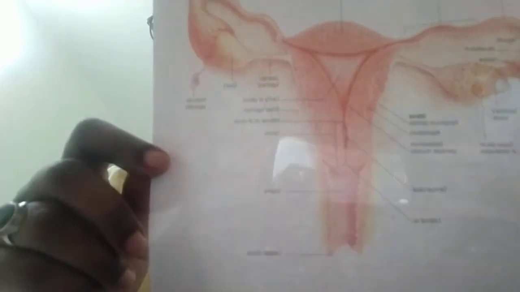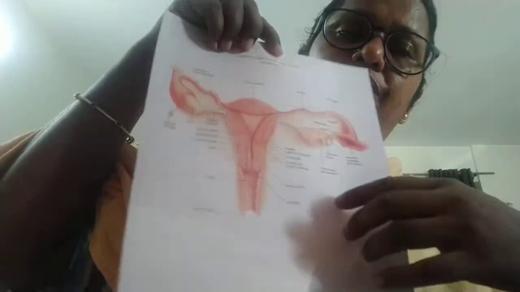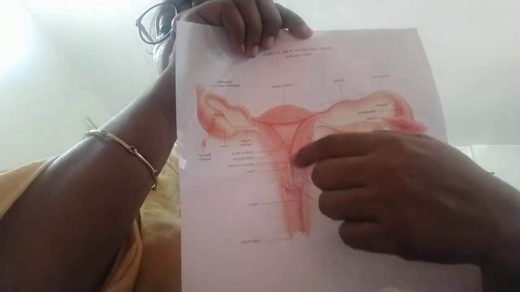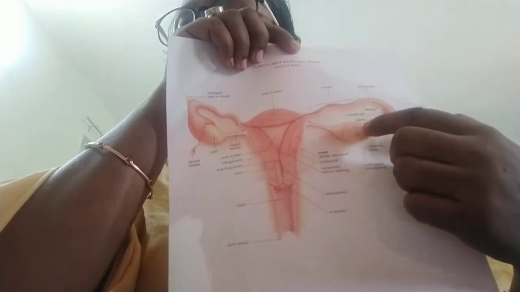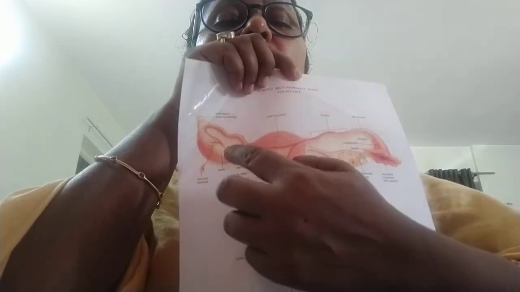So what is the internal reproductive system? The internal genital organs in females include the vagina, and then comes the uterus. This full part is the uterus and the fallopian tube. On both sides, bilateral, are the fallopian tubes and the ovaries. Here you are seeing the oval shape. These are the ovaries, and this part, like a finger-like projection, is the fimbrium. So we will see them one by one.